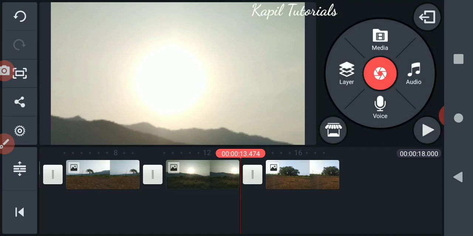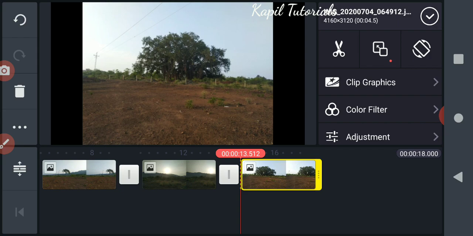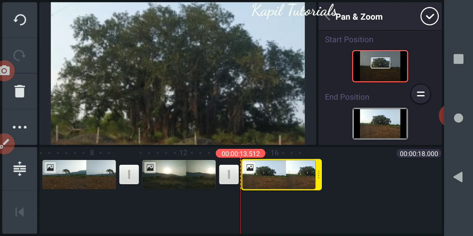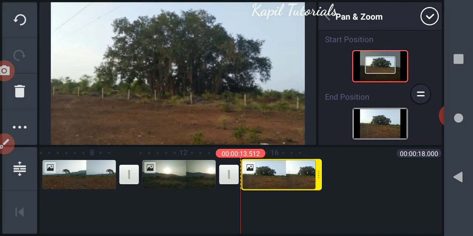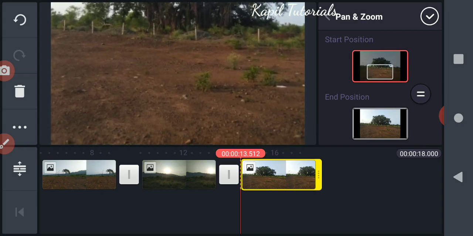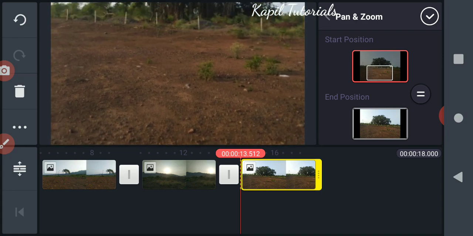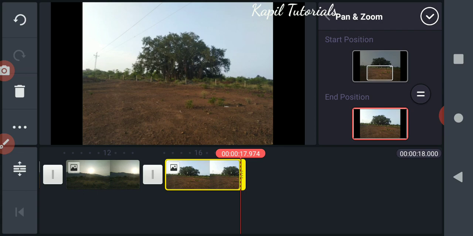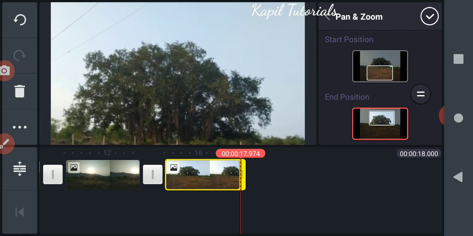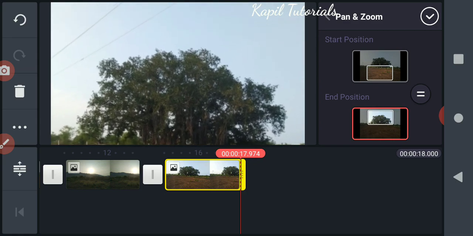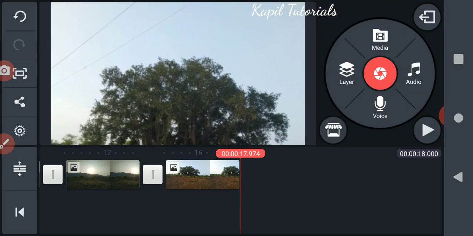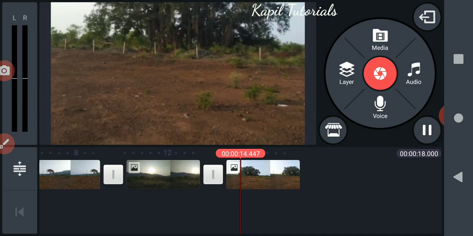Same way I'll just click on tick at last. This tree I'll just try to do. I can move it up and down also. Suppose I zoom it, I bring my screen till here, and then the end part. I'll zoom it, and I'm bringing my screen this side, bottom. This also I can do. If I click on tick, you will see I've changed it, it's moving from down to upside.